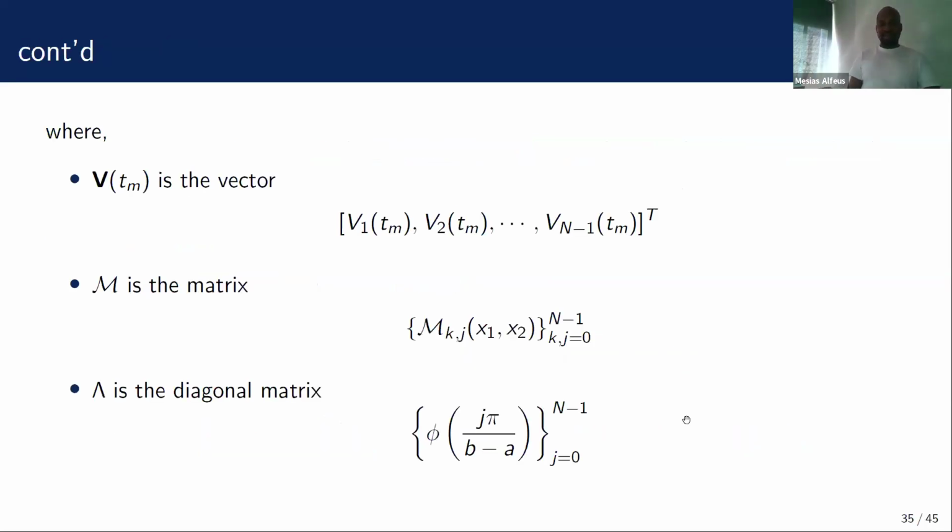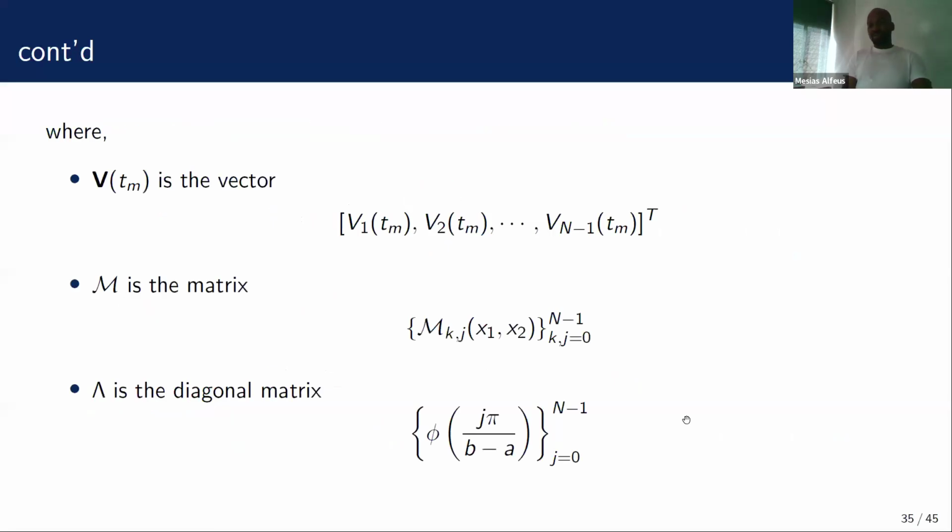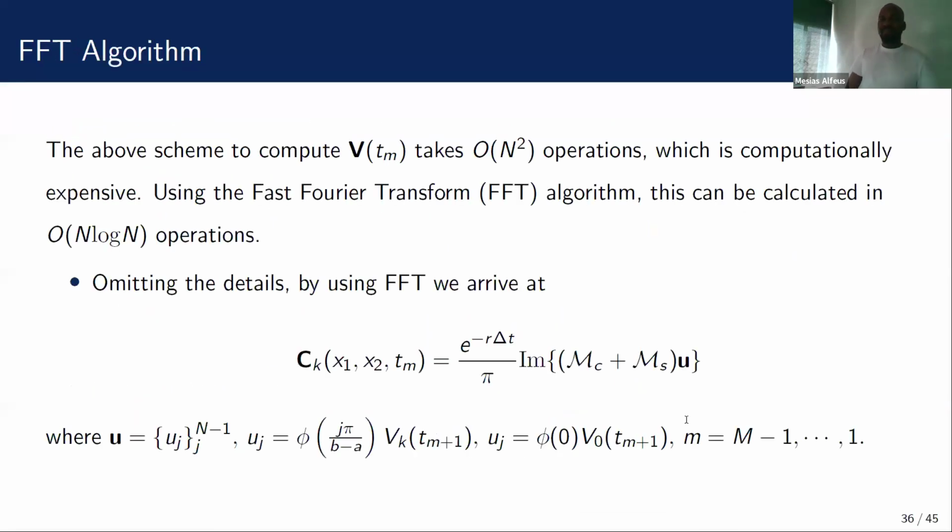So if things are like this, you have some matrices to multiply. Obviously, they are n by n matrices, and that will have this kind of computational time. But things can be rearranged so that an FFT algorithm can be used,